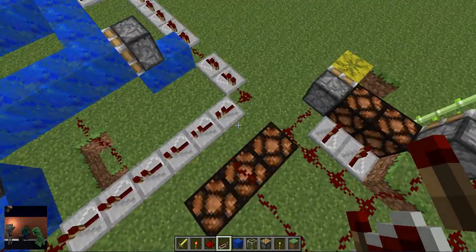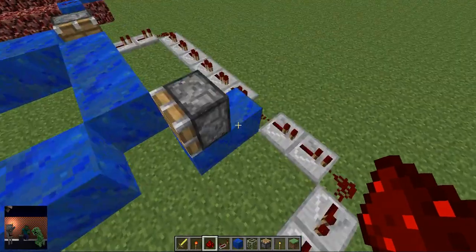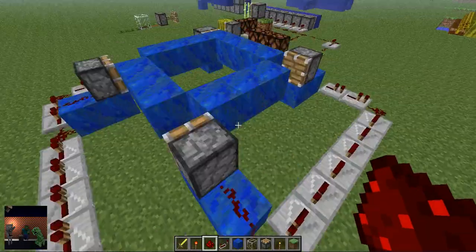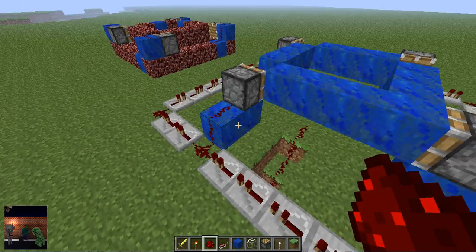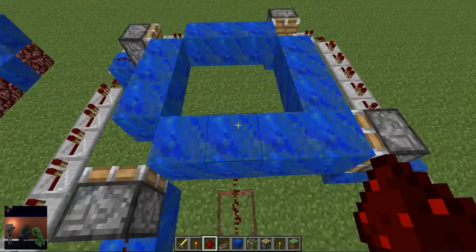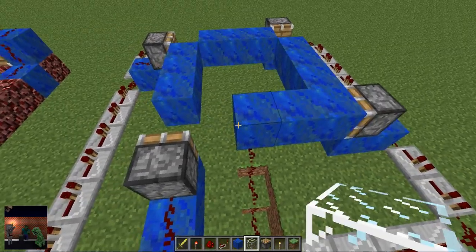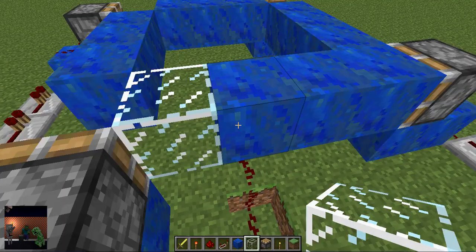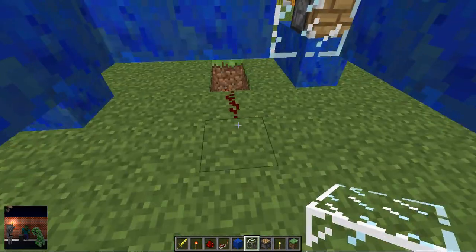Okay, so you want to make sure you have the redstone connected to the pistons, of course, because I forgot that. And you also want to make sure you have redstone on the corners so it actually completes a circle. So now you're going to want to put a glass block somewhere in the rotation. Then you would put